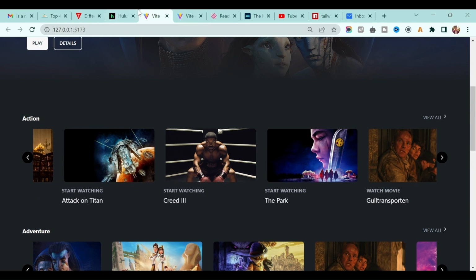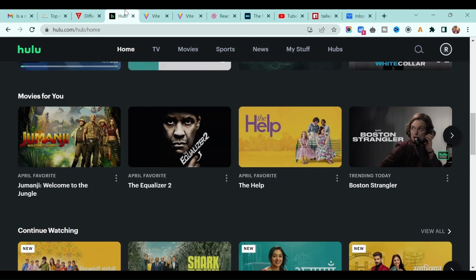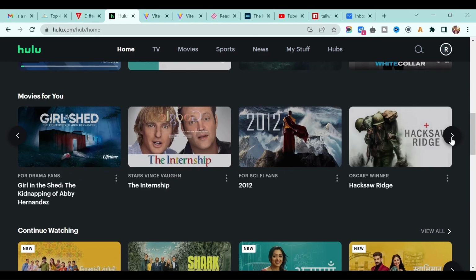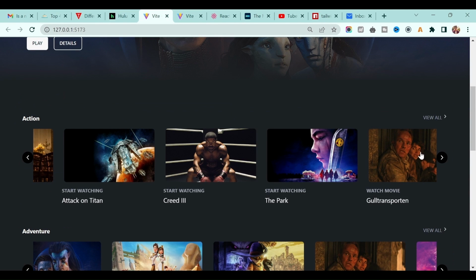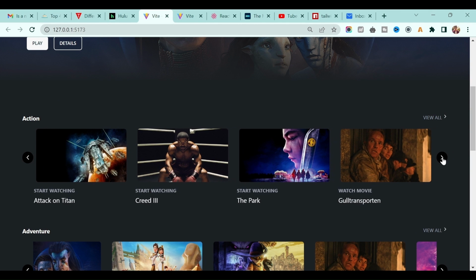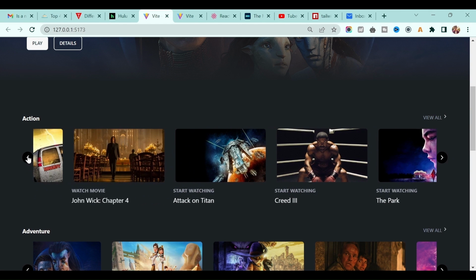Now this is a challenge for you. Now if you go back, you will not see any arrow on the left hand side until and unless I click on it. You see, so the challenge is you have to implement that particular functionality. If I click on it, it will change, you see. Okay. So yeah, do it and let me know in the comment section.